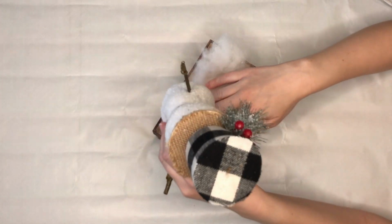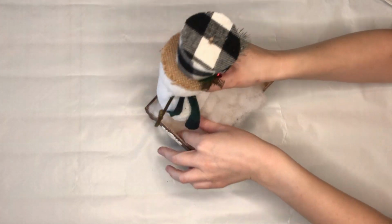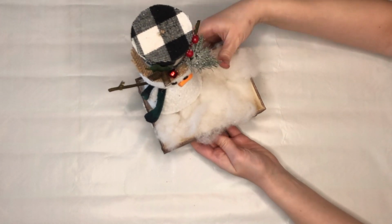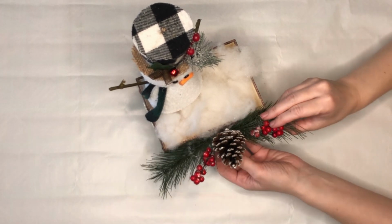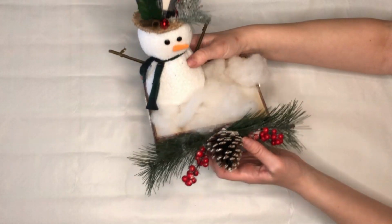I had a large bag of it that I got at Joann's Fabric, but you can always take apart an old pillow or head on over to Joann's. It's not that expensive, and you can get a large pack of it to use for all your future projects too. I placed this down so it would look like snow or ice,